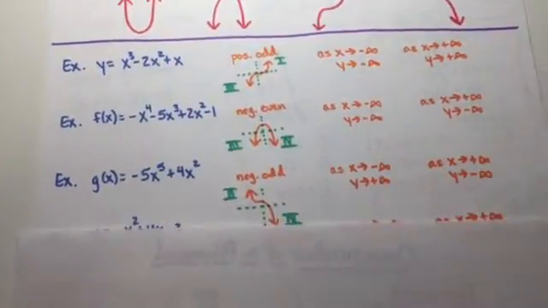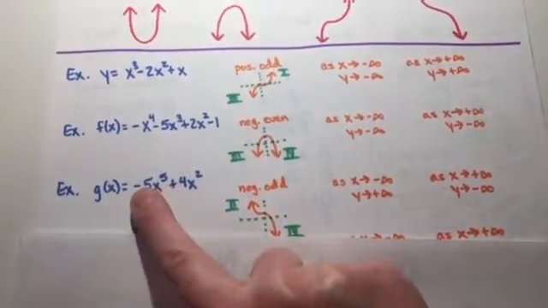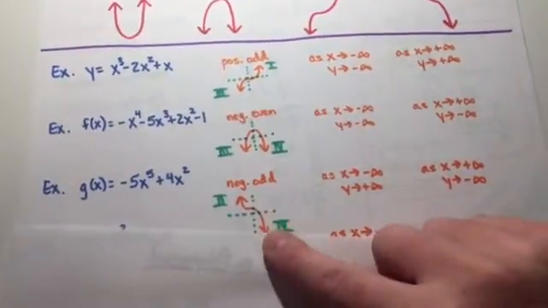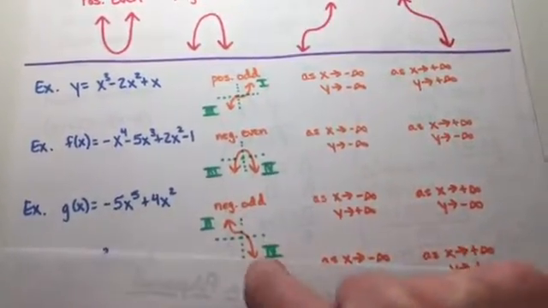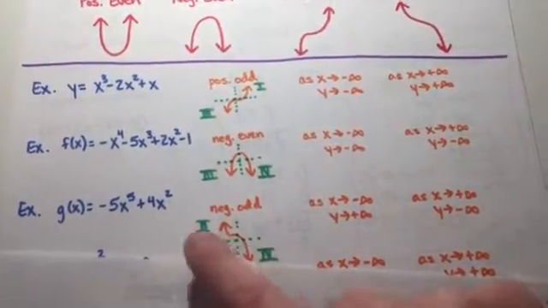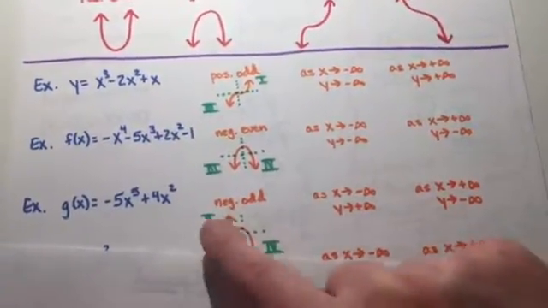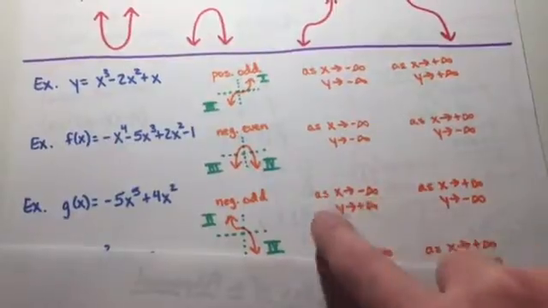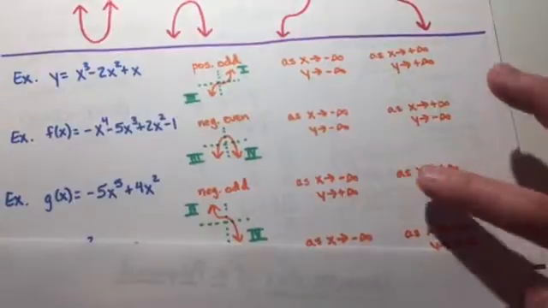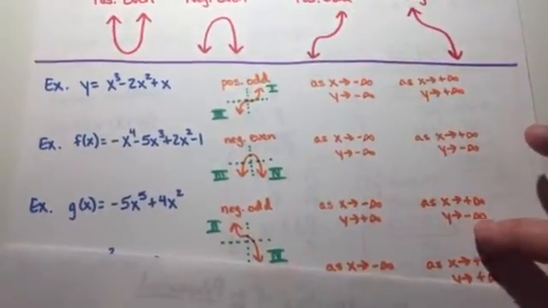So the next type is a negative odd function because the degree is 5 and it's a negative. So it'll behave like a negative cubic function would. And that means the ends of my graph are up, down, and it's going toward quadrant 2 and quadrant 4. So quadrant 2 behaves like the first part right here. It's negative, positive. So as x approaches negative infinity, y approaches positive infinity. And then the fourth quadrant is positive, negative, so I wrote that out. As x approaches positive infinity, y approaches negative infinity.